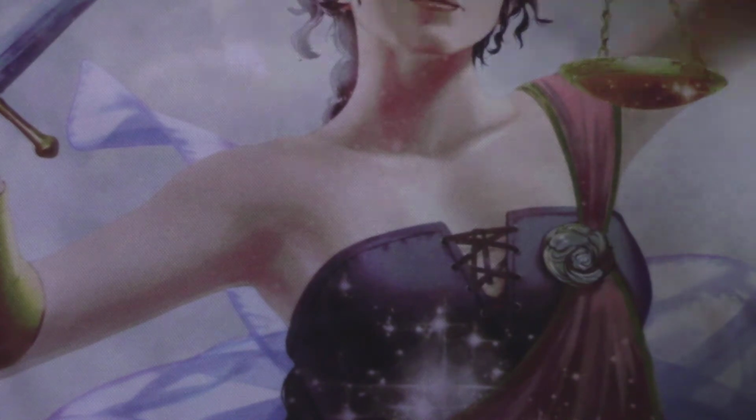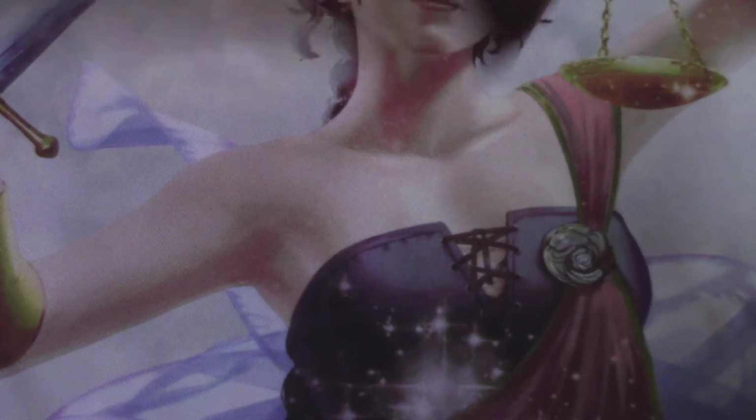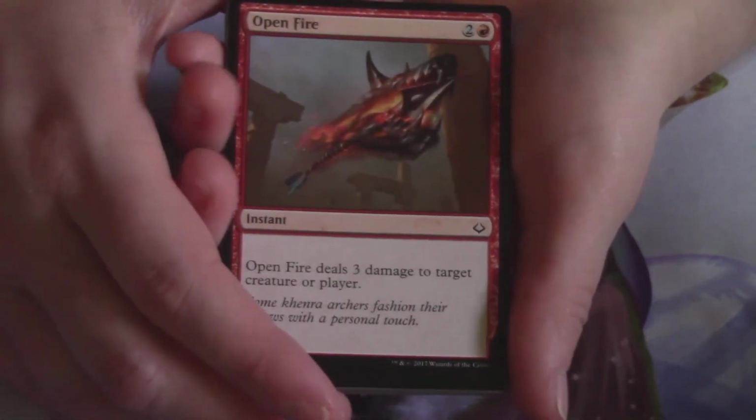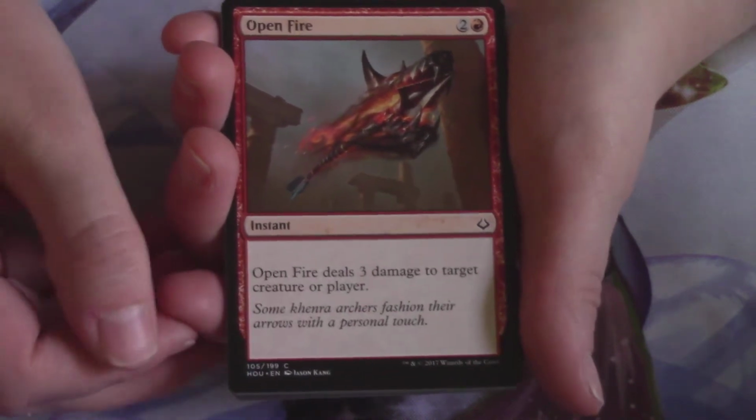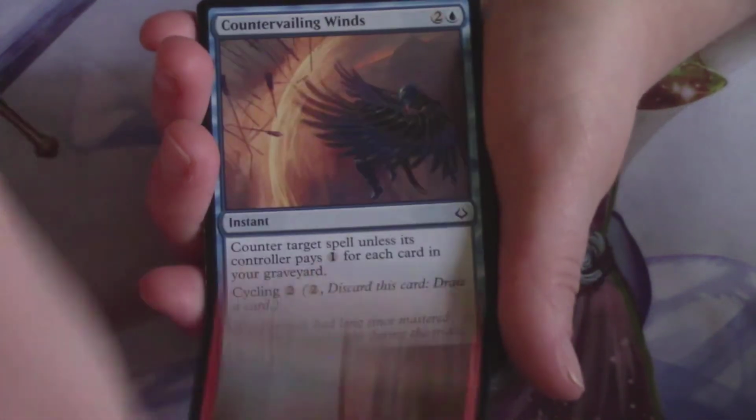The next pack has Samut on it. As I steal away the cards. I know you want them. Yeah, I don't have enough of my own, to be honest with you. All right, so we start well, with... mine are winning, so...